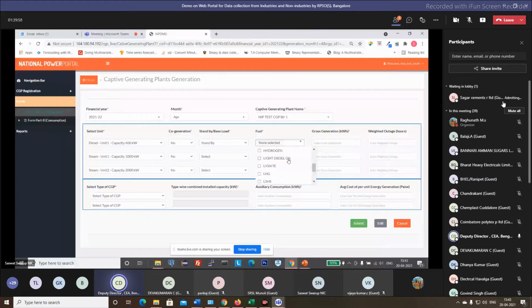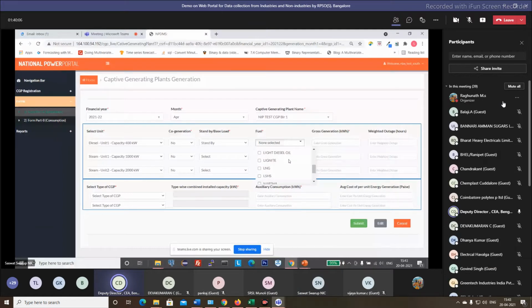Diesel is high speed diesel, not light diesel oil. Yes, HSD, high speed diesel.